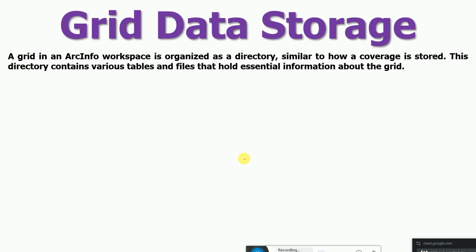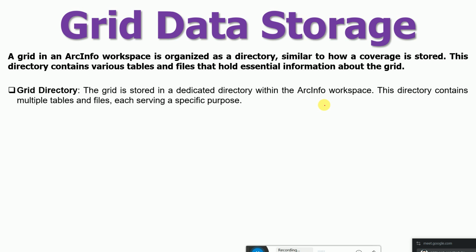A grid in an ArcInfo workspace is organized as a directory, similar to how a coverage is stored. This directory contains various tables and files that hold essential information about the grid. Grid directory: the grid is stored in a dedicated directory. Of course, this is a directory because the grid takes the information of your data set, like 1 means forest, 2 means soils, 2.5 is temperature, and 3.1 is elevation. That's the example. So this information is stored in